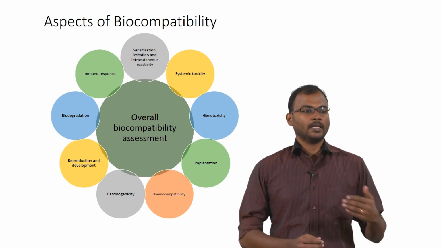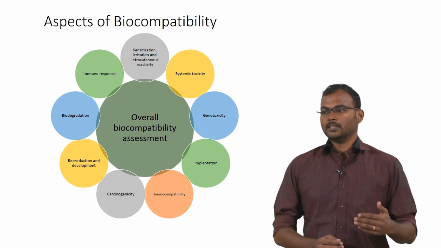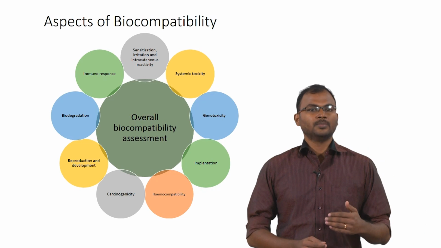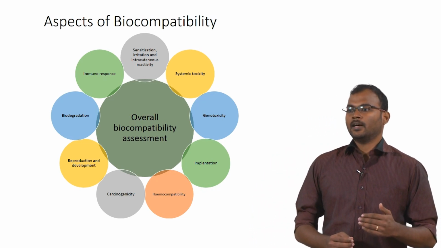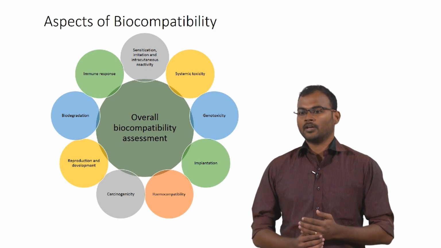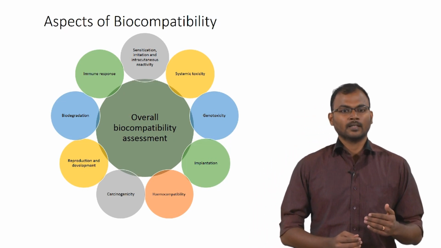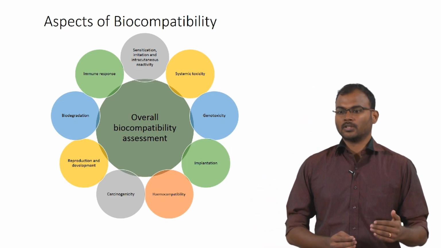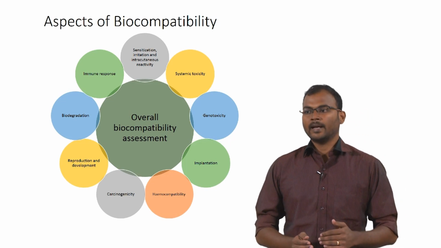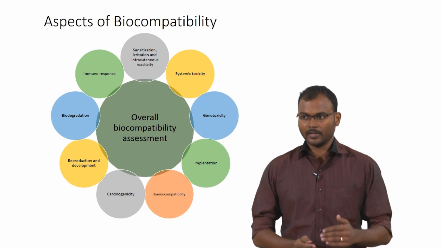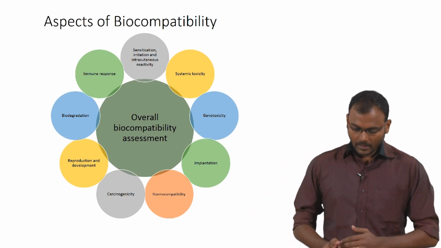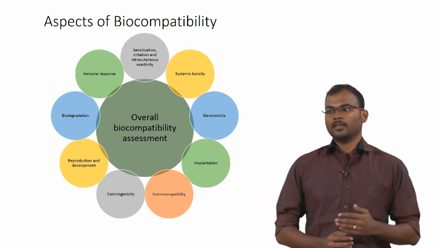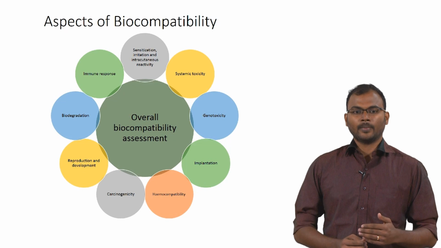Genotoxicity is when the material can cause damage to the genes, which can lead to mutation and so on. Implantation is mainly observed when you are using a material which can affect the nearby tissues and organs. If you are using orthopedic implants, they can have an effect on nearby bones and nearby tissues, including muscular tissues. So, based on where you are implanting, you have to find out the factors affecting that. Hemocompatibility is primarily involved in cardiovascular applications, where you need your material to be fully blood compatible.